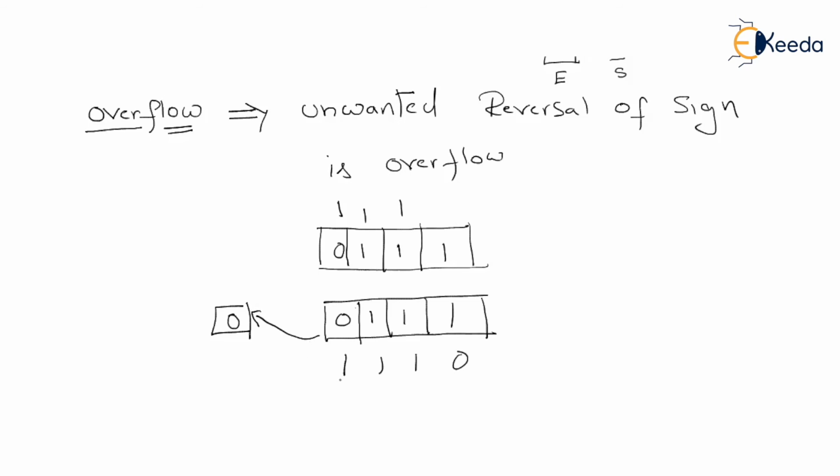What we'll have to do is XOR these two digits. That is the incoming carry into the sign digit and the outgoing carry to the extended digit. If both of these values are different, then we got a situation called overflow. If both are different, as you can clearly see, signs will get reversed, right? So we will connect the incoming carry into the sign digit and the out carry from the sign digit to the extended digit to an XOR gate.